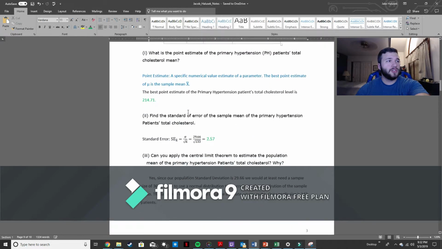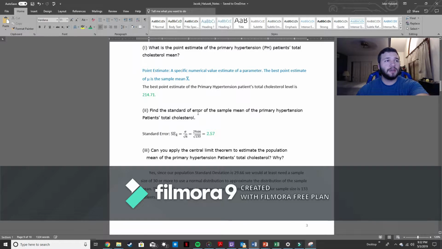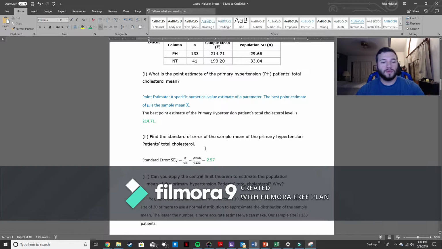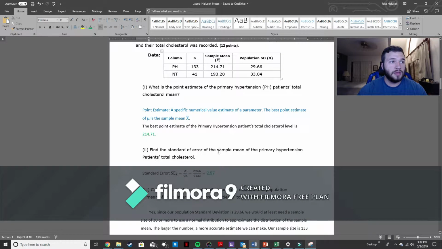Part 2 of question 2. We are to find the standard error of the sample mean of the primary hypertension patient's total cholesterol. The formula for standard error of a sample mean is equal to the standard deviation divided by the square root of the sample size. We take the numbers from our table, plug them into our equation where they belong, solve that, and we get 2.57